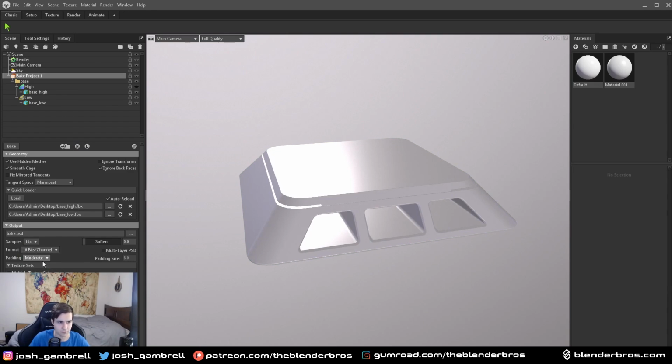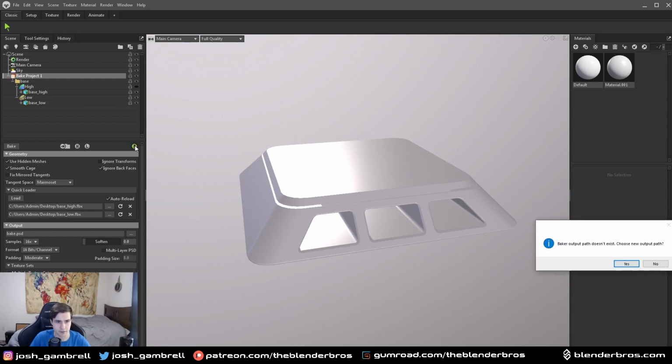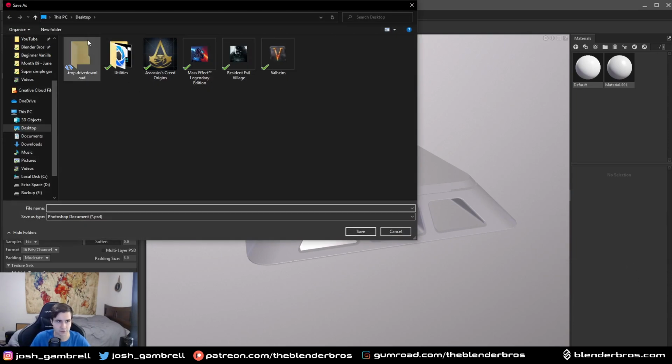We'll do 16 bits a channel, and we'll do like a 4K bake. We'll just click the up arrow like that. And to preview the bake, we click on the P for the preview. And we have to make a new output path, so I'll click yes, and I'll just make a new folder